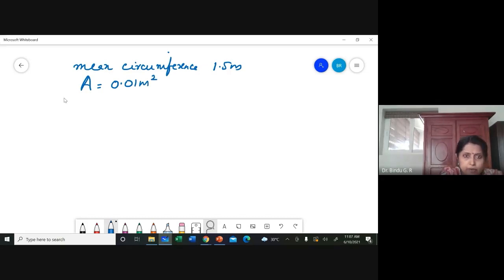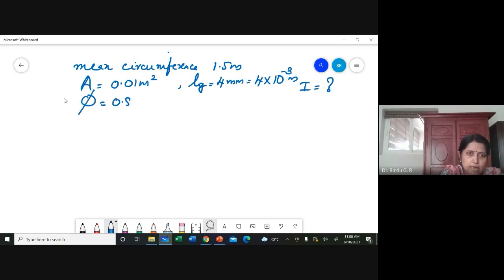An air gap of width 4 mm is made in the ring. Width means the length of the air gap. Calculate the magnetizing current required to produce a flux of 0.8 milliweber